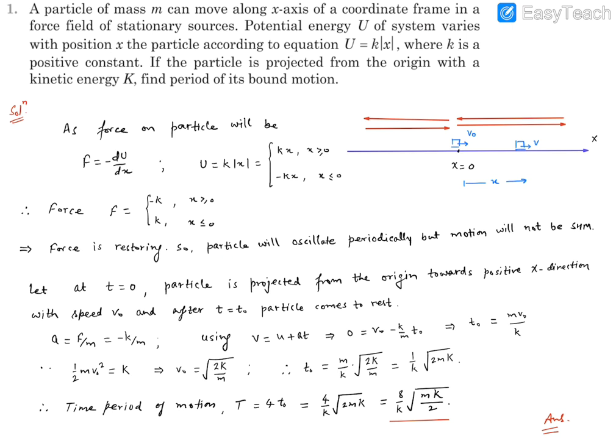It will be going to and fro about this x equal to 0 line, and this is also going to have a periodic motion. So that's why the time period is being asked. It will be doing periodic motion as well as oscillatory motion. However, this motion is not going to be SHM. Why? Because for SHM, force has to be directly proportional to the displacement, and here the forces are constant. So not SHM but periodic and oscillatory. After understanding this, we can find out how long it takes to complete one cycle. It will start from x equal to 0, reach some extremum point, then return back, then go to the other extremum point, then return back.